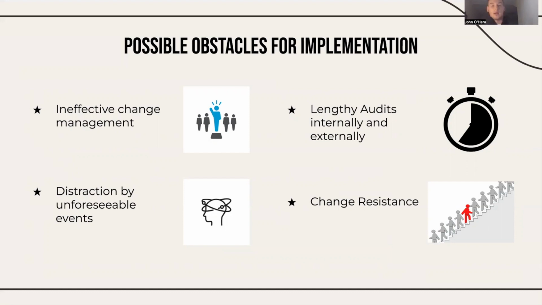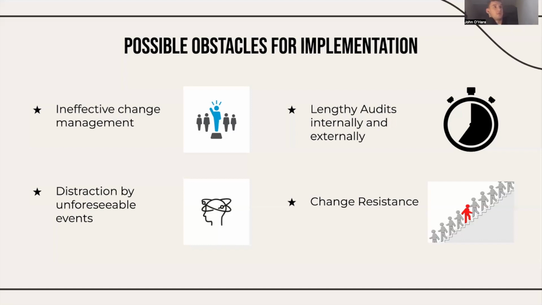Another one includes lengthy audits from both internal and external consultants, which could cause timeline disruptions for implementing these plans and also cause further disruptions down the road too. And finally is that of change resistance, which is a giant obstacle that Nike has already seen, as it has had many opportunities for changes in these strategic issues. Change resistance could also come against studies that are made by consultants, thus leaving Nike in a stalemate.